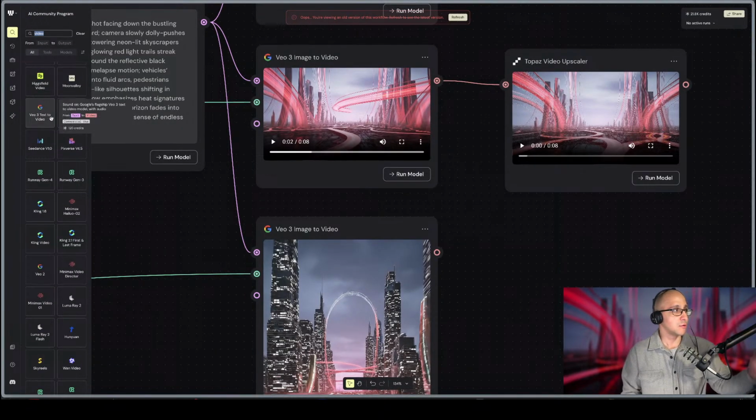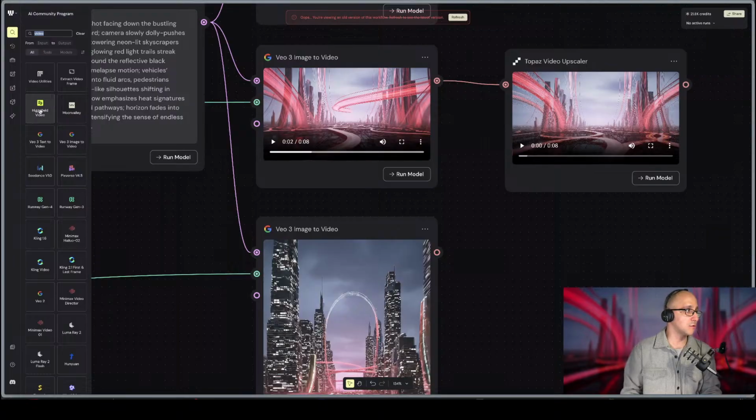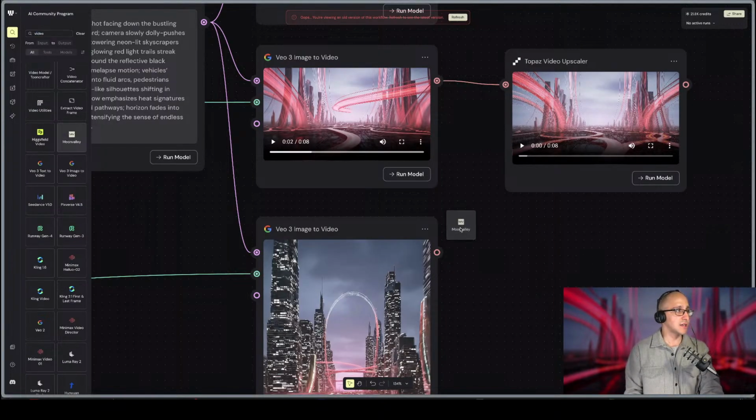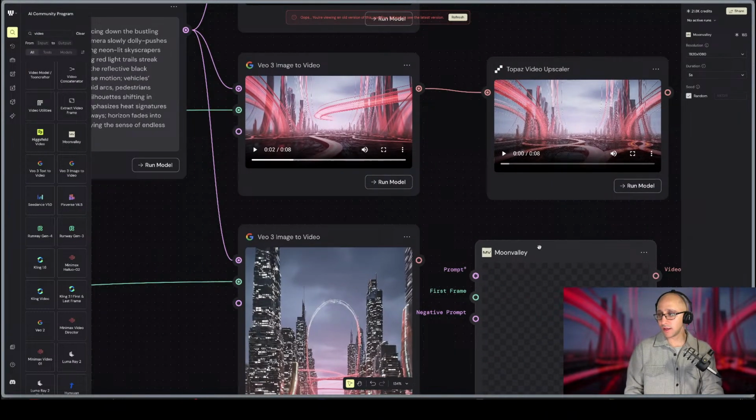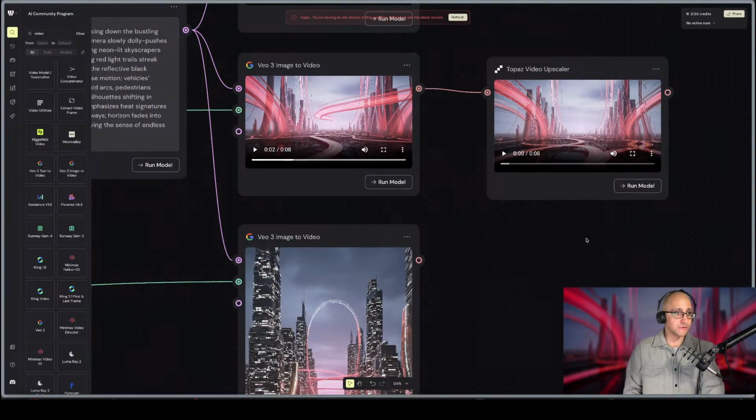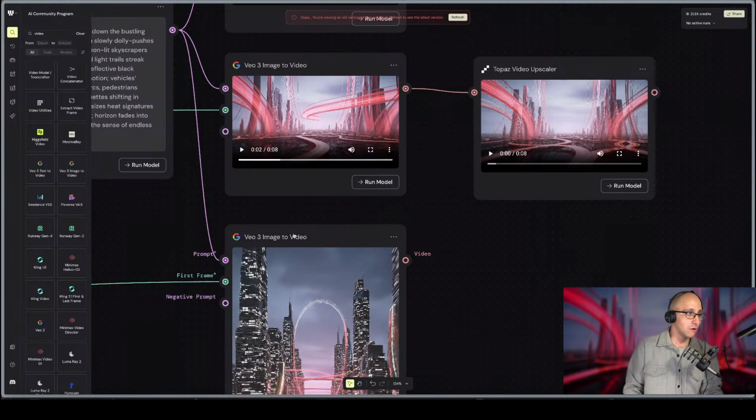They have a little ribbon to show you the new model. If you hover it, there's some more details. So you have everything in here. But if you are looking for something for a raw output, I would suggest